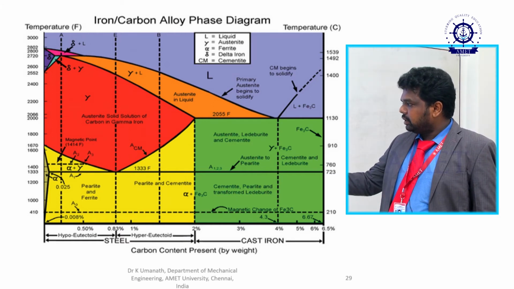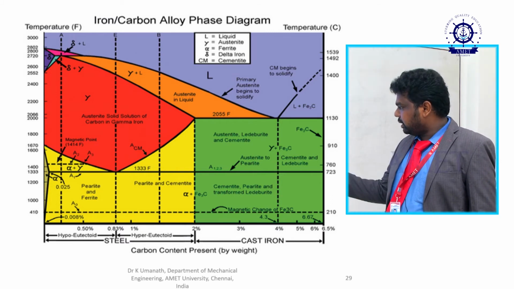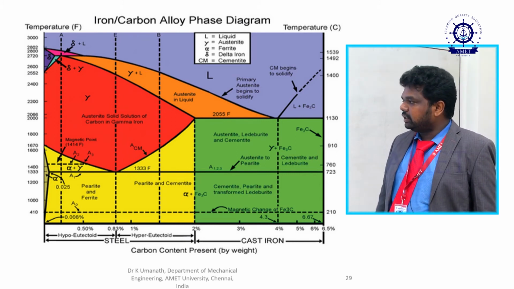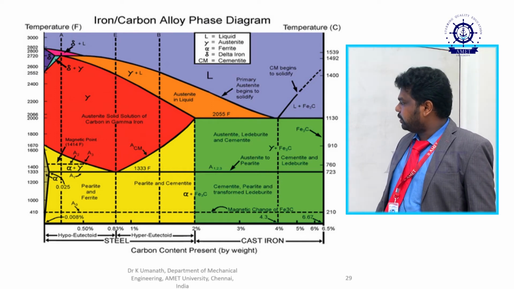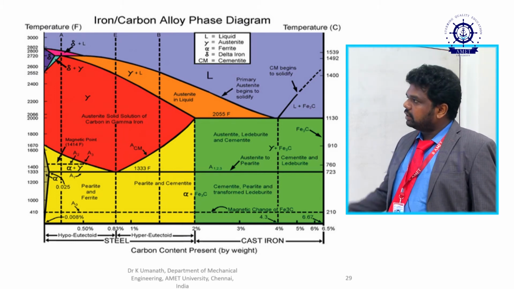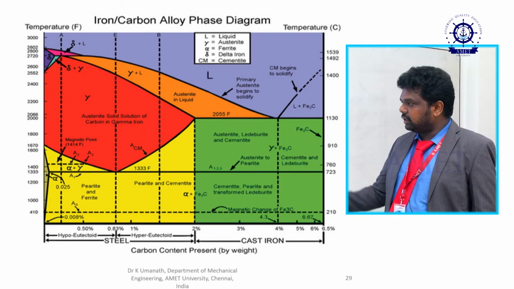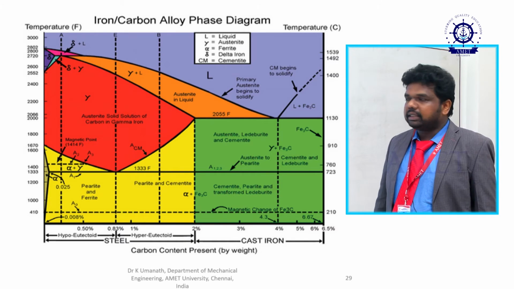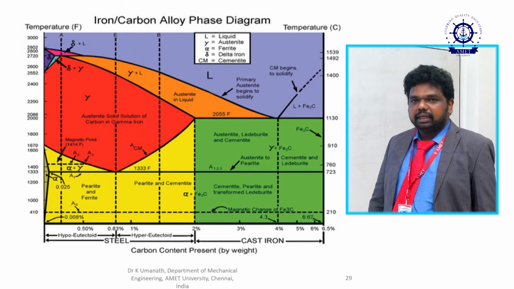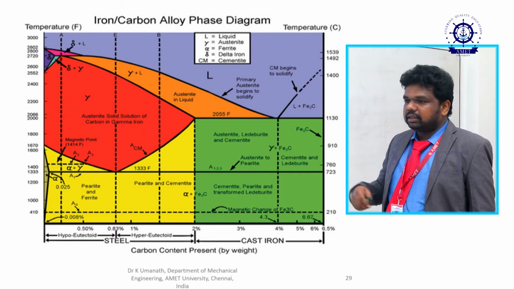Steel, as I already discussed, has less than 2% carbon; above that it is called cast iron. Here is a very important thing: on the other side, after 6.5 percent carbon you get cementite formation, which is very brittle in nature. The left hand side is the ferrite formation. So pure iron starts at the 0 point. First is alpha, the ferrite structure, then gamma, the austenitic structure, then delta iron, and finally it goes to the liquid stage. So these are the different stages in iron.